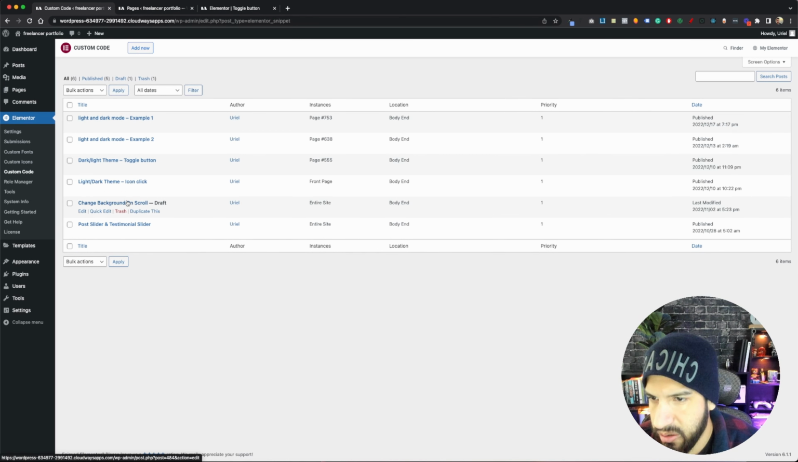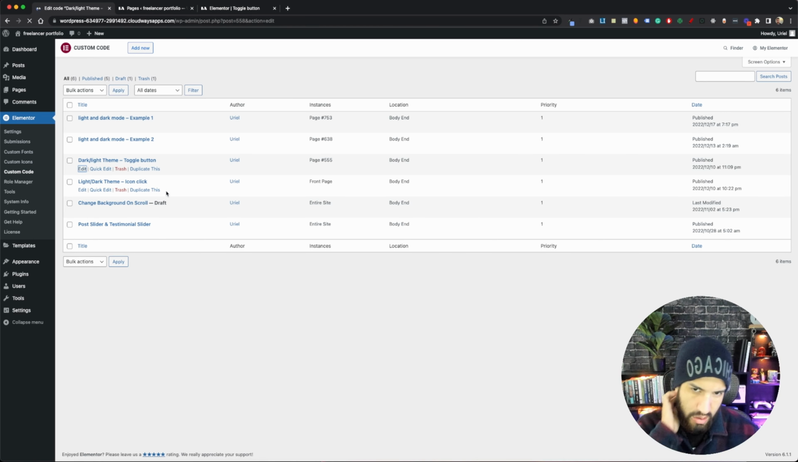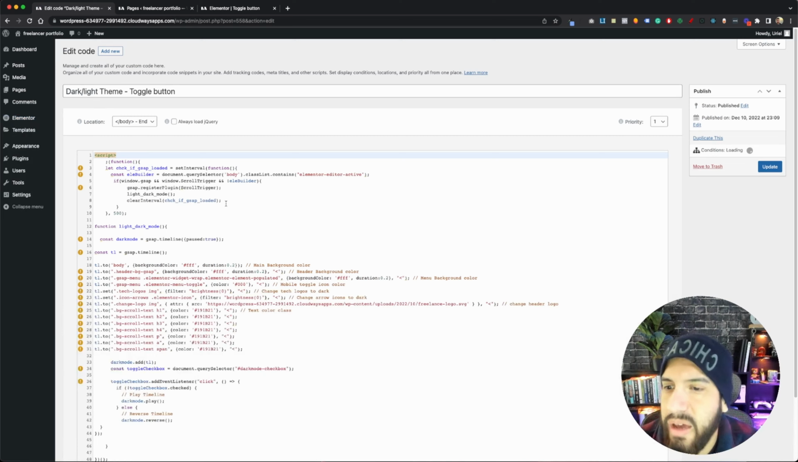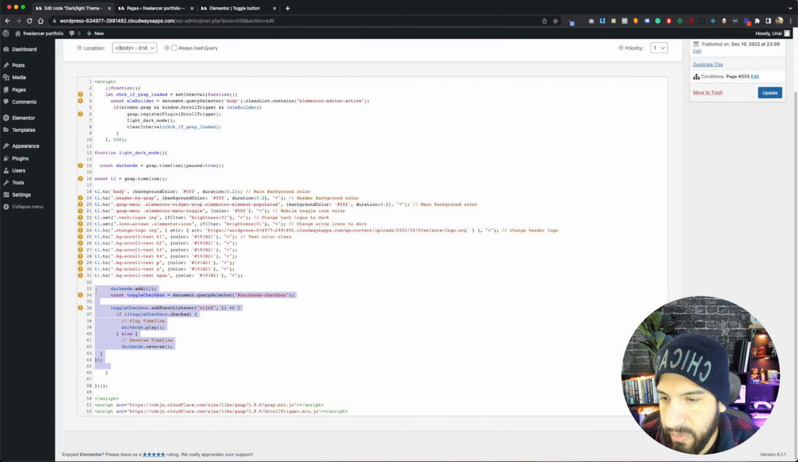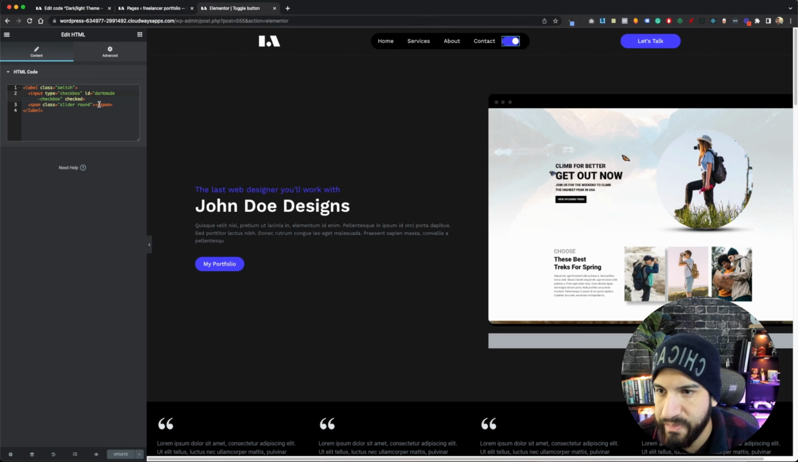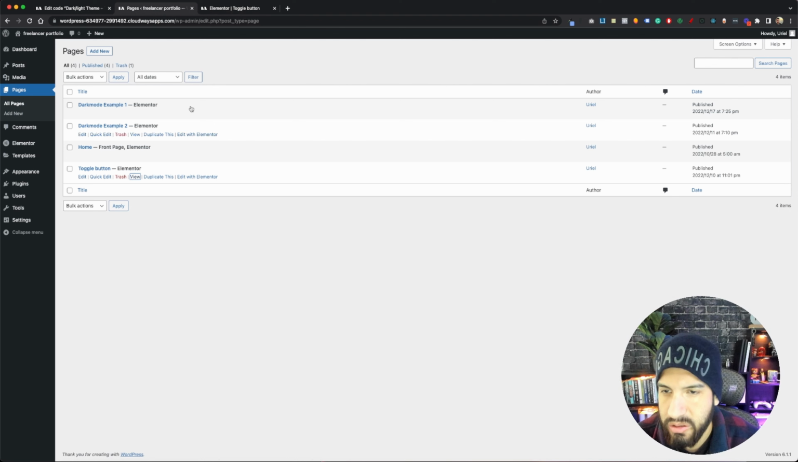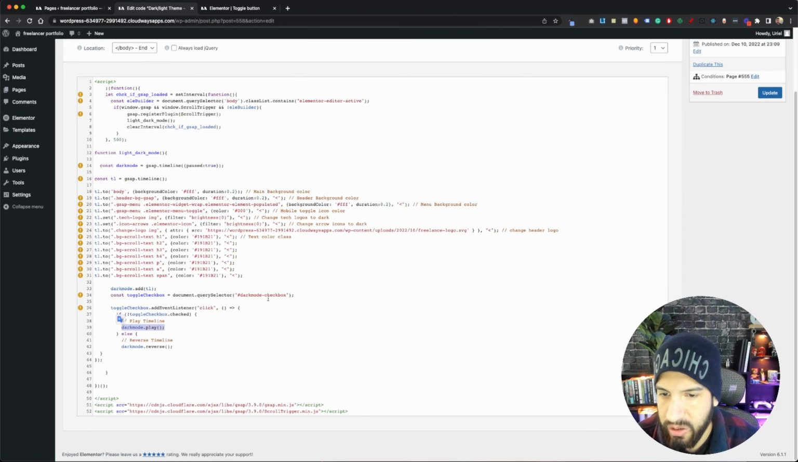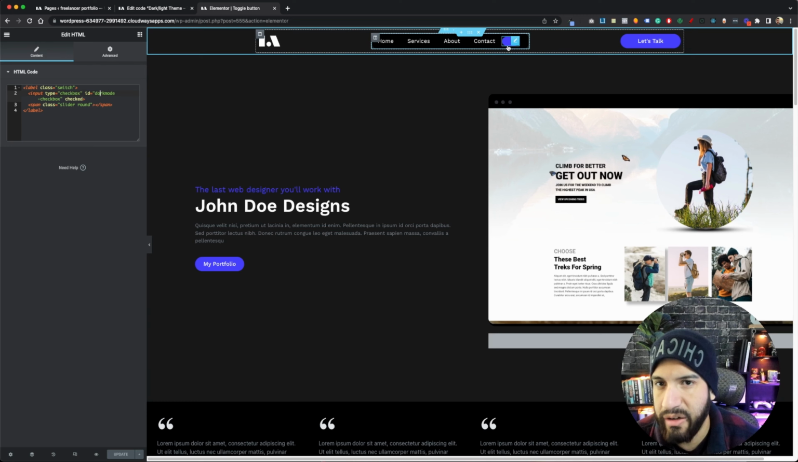So let's see, which one is it? Toggle button, here it is. So the only difference is just our click event logic here is different. So we have a variable with a query selector, and we're just targeting our ID here. Let me remove this over here. We're targeting our ID of dark mode checkbox, and we have an event listener on click. So whenever we click on our toggle slide here,